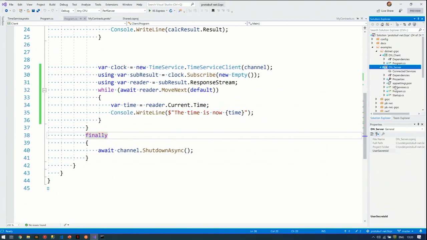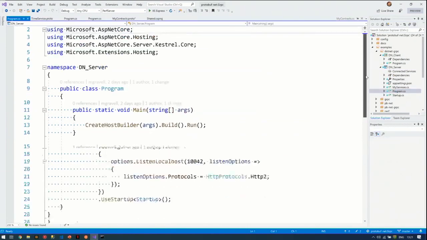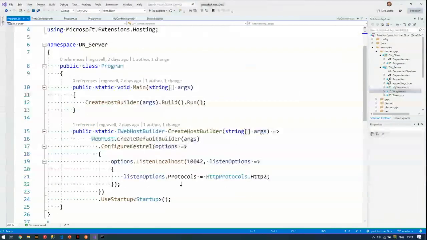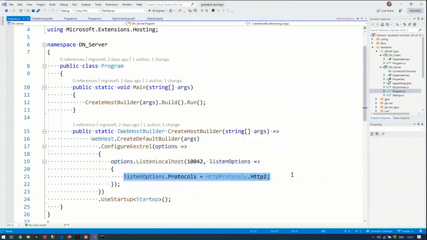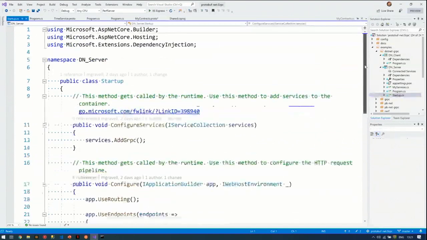So how would we set up a server? This is a regular Kestrel server here in .NET Core 3. What I'm doing is using the web host API. And importantly, here I'm turning on HTTP2. That's obviously required. And that's largely the only change there, web host and HTTP2. And then in the startup,